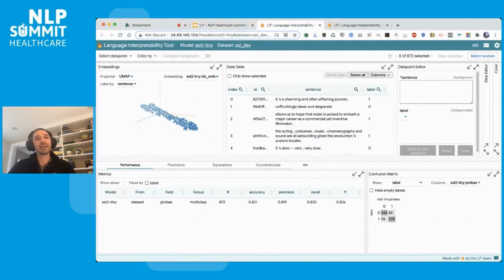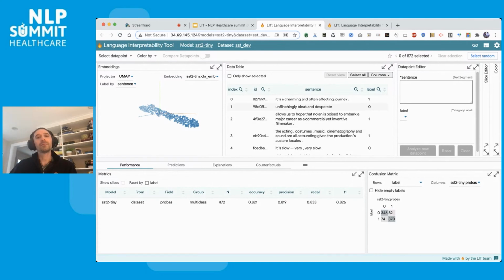Here we're looking at a binary classifier that's doing sentiment analysis. So the 0 class is for a negative sentiment sentence. The 1 class is for a positive sentiment sentence. And this is a data set of sentences from movie reviews. So the first thing we can see up top is that we have our data table of our 872 evaluation examples, along with the embedding projector view of basically, projected down to 3 dimensions, what the model thinks internally in the relationship between all the data points. Down below, we have our overall metrics like accuracy on our eval set and a confusion matrix.